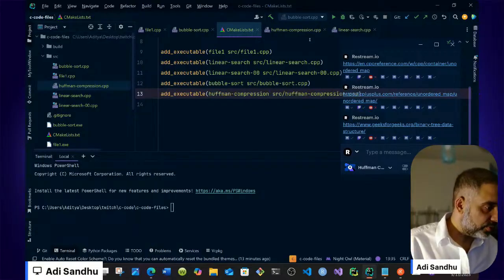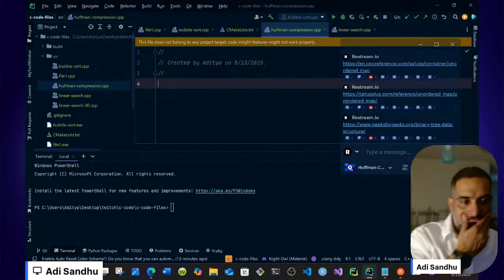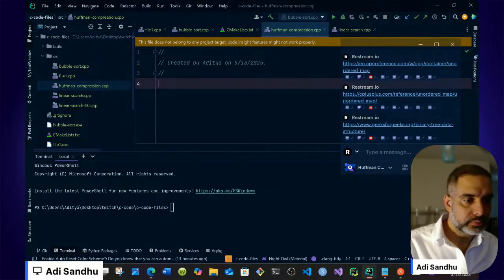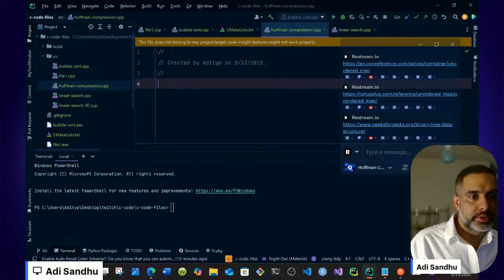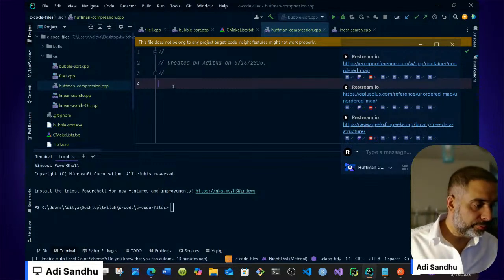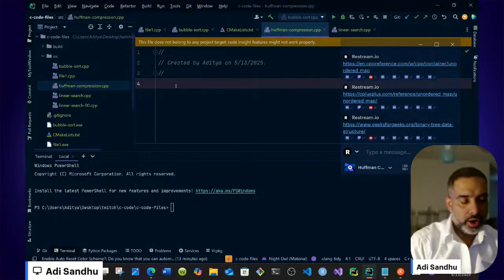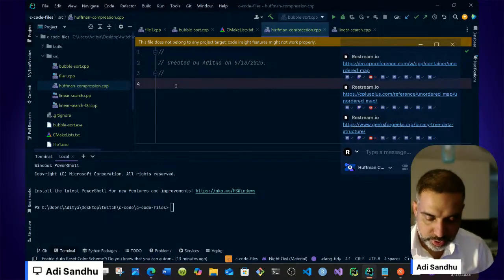So that takes care of the makefile right there. So we should start building our frequency table, right? The first thing we're going to do is build